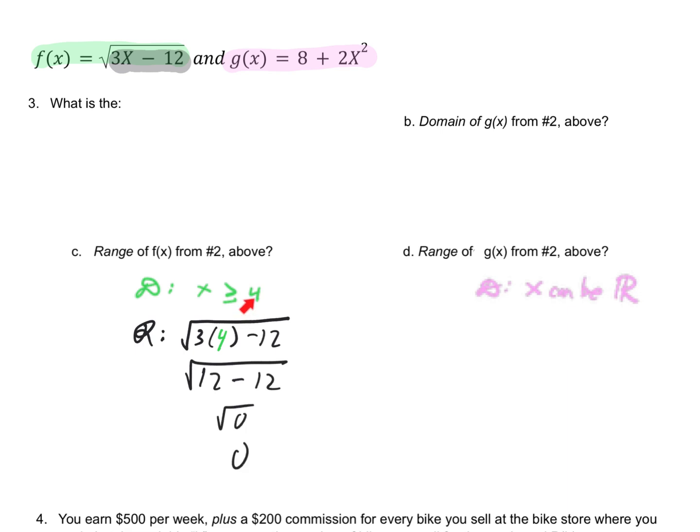So write out that boundary of 4. When you drop 4 into this function, this ends up being equal to 12. Well, x, that's just the boundary. So our output is a boundary of 0, but x is going to get bigger and bigger and bigger, and as it does, this 12 is going to become bigger, and 12 minus 12 is going to be bigger than 0. It's just going to get bigger and bigger and bigger. So our range are going to be values that are at the smallest 0, but they're going to get bigger and bigger and bigger. The way we can say that is